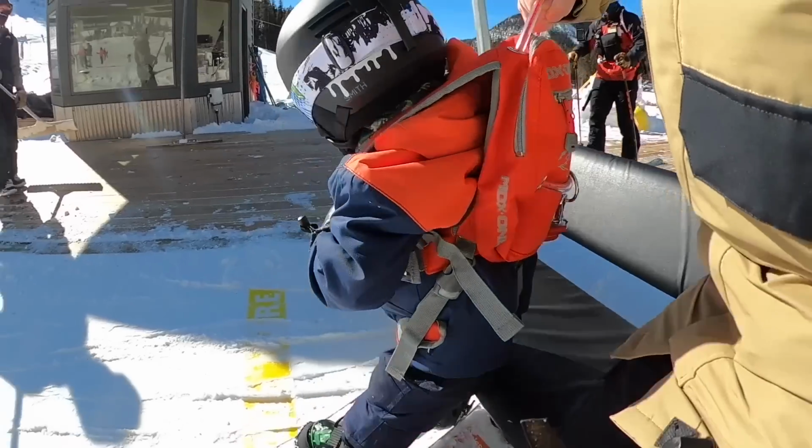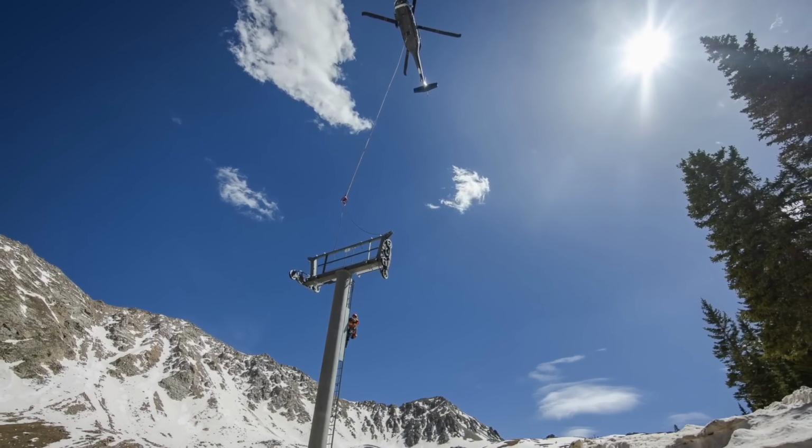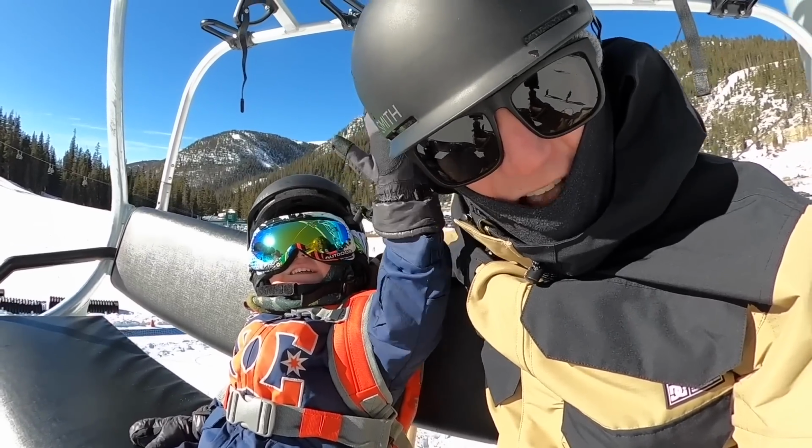Now, lifts. We gotta get up the mountain, who cares how much it costs if we can't get up there? So what does A Basin have for a lift? Well, they don't have a gondola, they don't have a chalet, but they do have a brand new 6-person high-speed chairlift. The Lenaway lift is gonna get you to the top of the mountain, which is gonna be insane because that lift definitely needed to be replaced, as well as the Pally chairlift is new. It's still a fixed grip, I don't know why they did that,